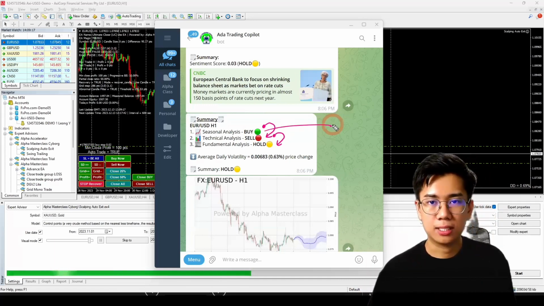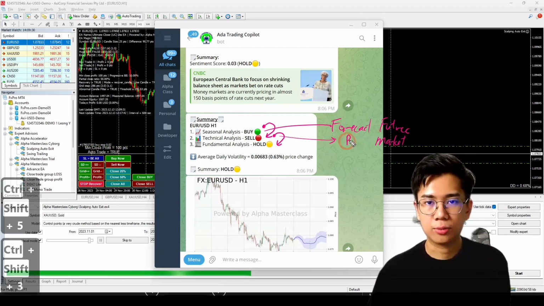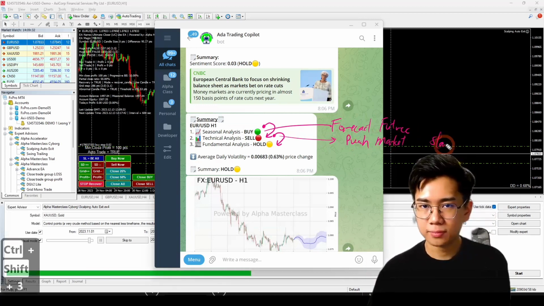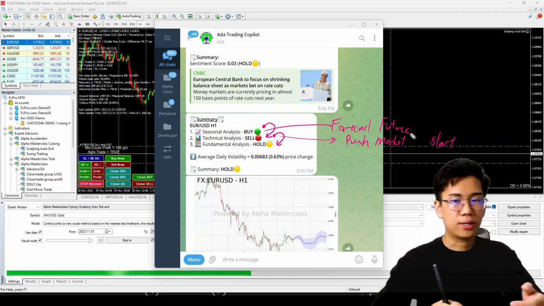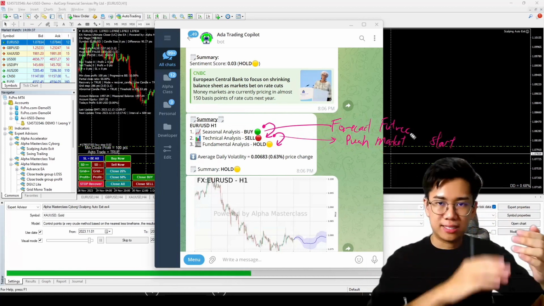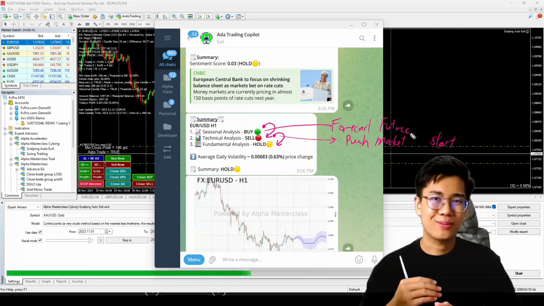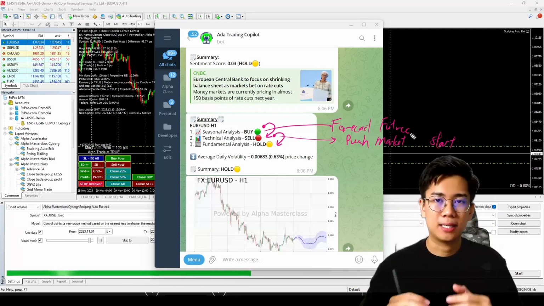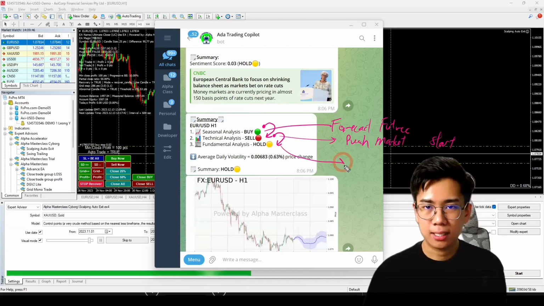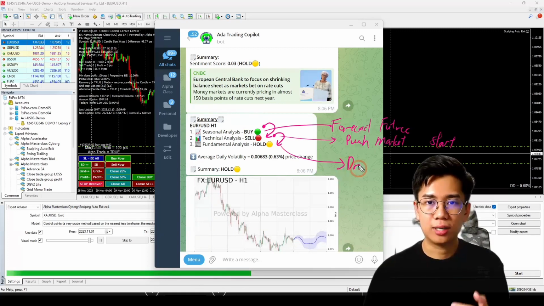Seasonal, the purpose of it is to forecast the future. Technical is to drive the market, or not just drive, but more to push the market to start the future. Say seasonal said it would be up, but now it's down; technical wise, I will change all the way to buy indicator manipulations so that people will start buying it. And when more and more people are buying it,